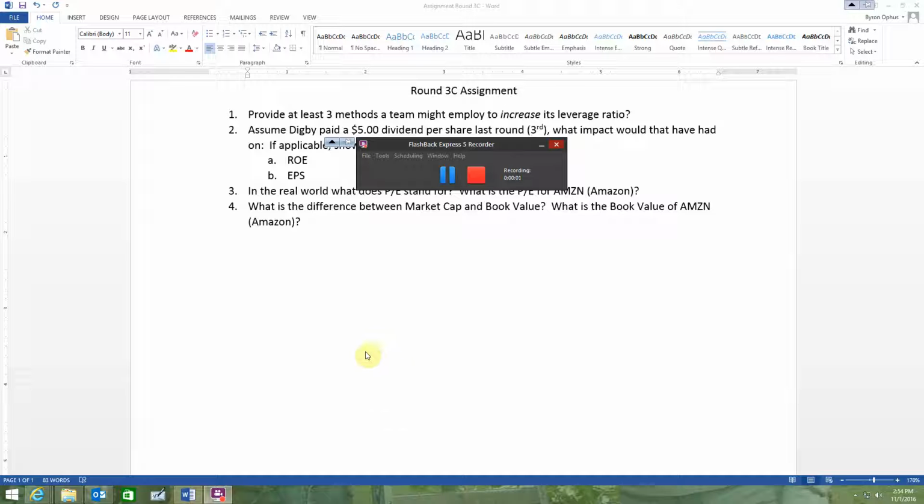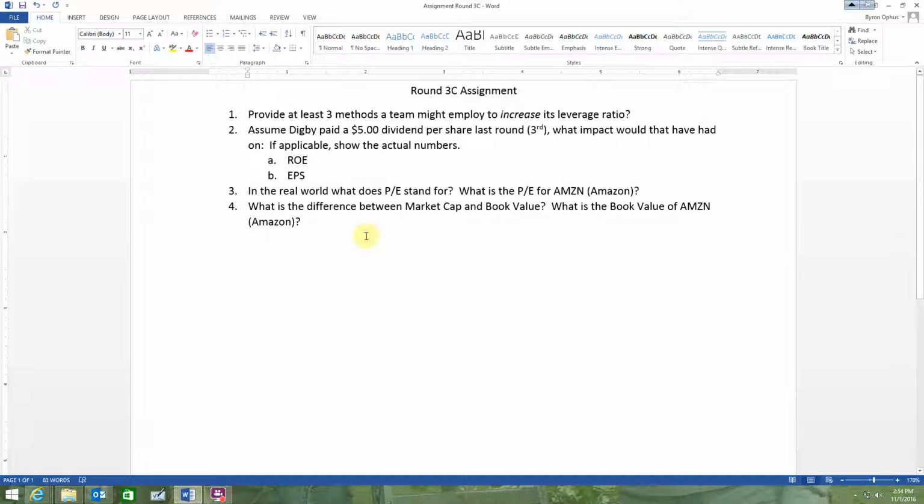Round 3C assignment. Here we go. Kind of a preview, anyhow, of that. Let's take a look. So, number one says provide at least 3 methods a team might employ to increase its